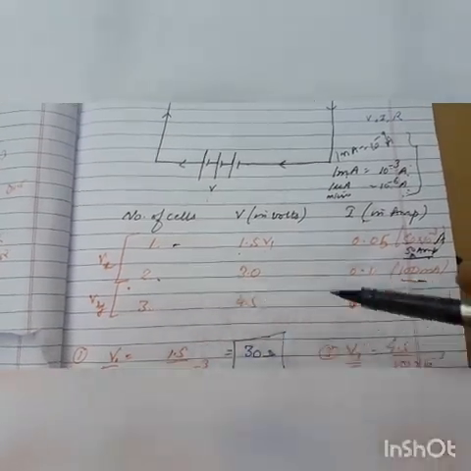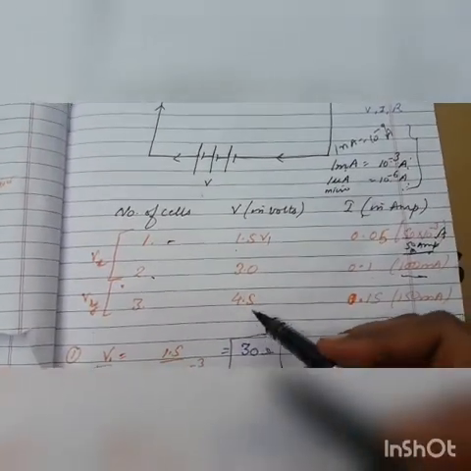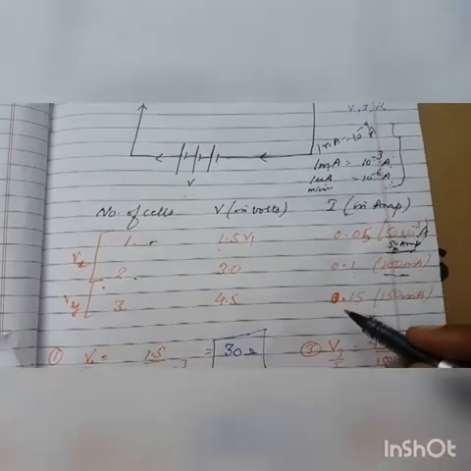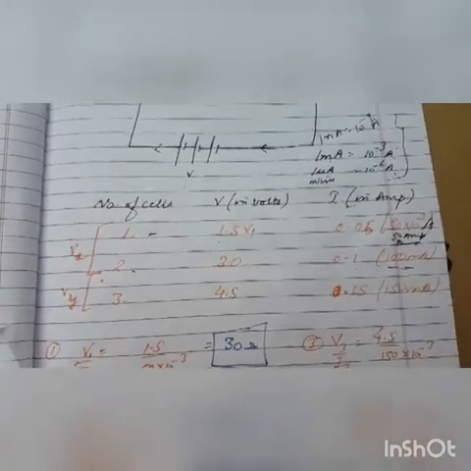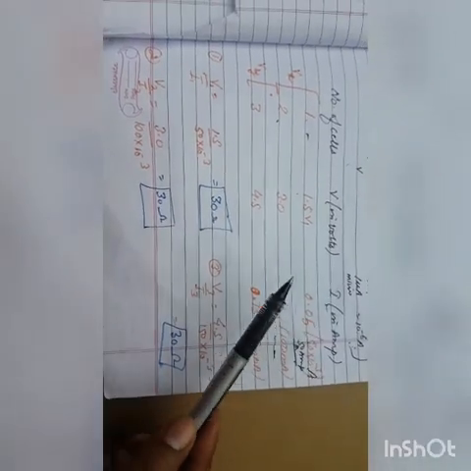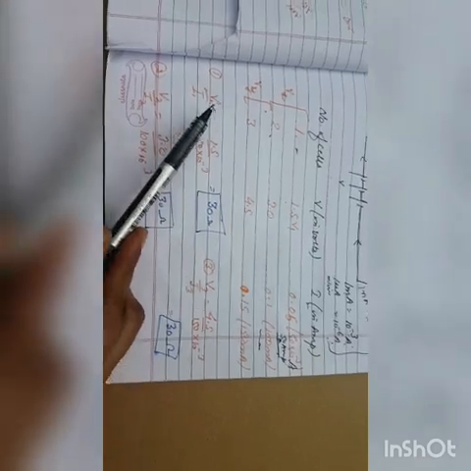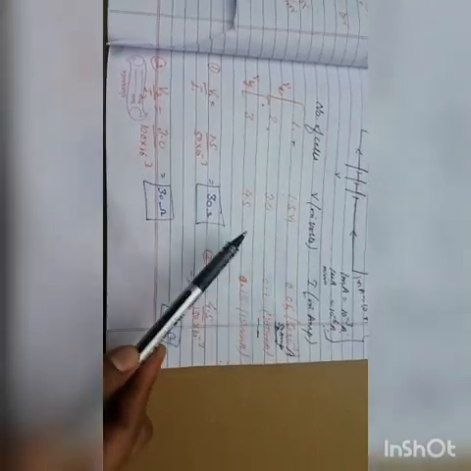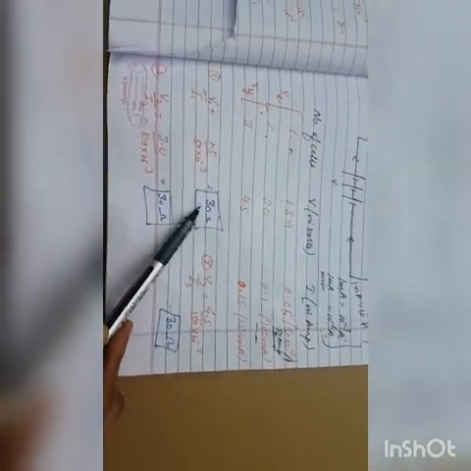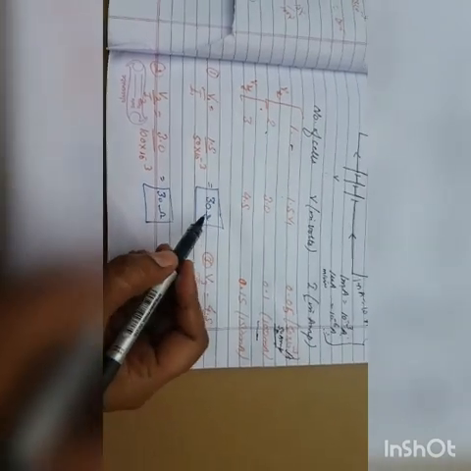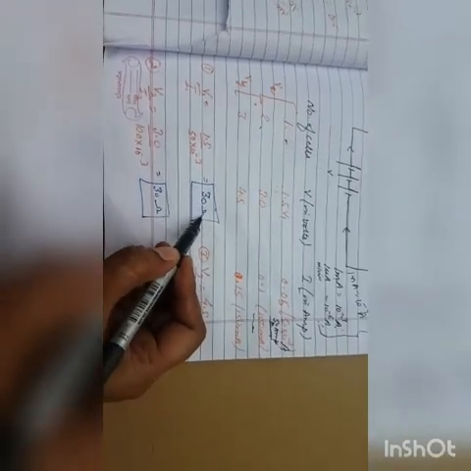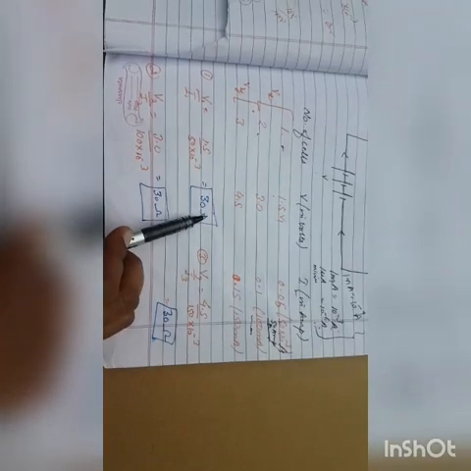Now connect the third cell. The potential will be 4.5 volt and current will be 0.15 amperes. So let us now get the ratio of V and I in all these 3 readings that we have done. So V1 by I1, that gives out the value of 30. This symbol I have used, this is resistance actually. Leave it for a while now, we are going to discuss it very soon.